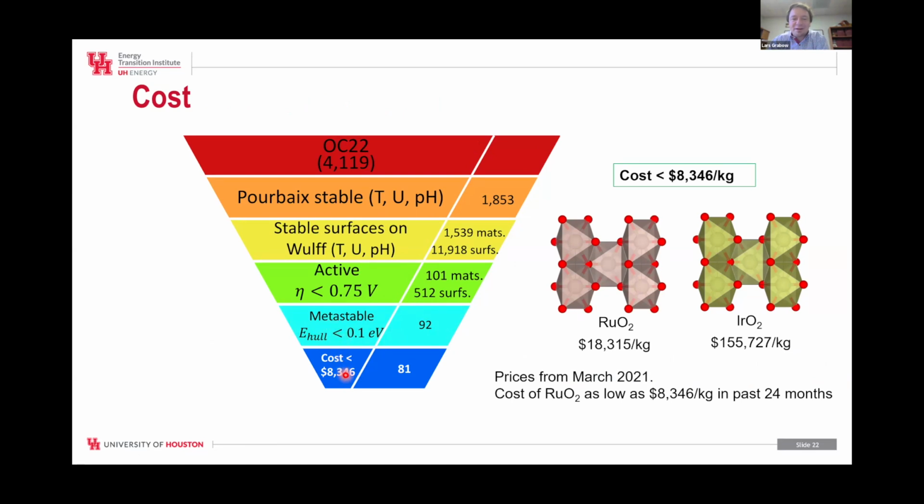And then we eliminated some of the materials that are extremely expensive, mostly the iridium-based materials. So ruthenium dioxide is a known good catalyst for the oxygen evolution reaction. Not quite as good as iridium oxide, but the prices are pretty shocking. You can buy a nice car for the price of just 1 kilogram of iridium dioxide. We looked at the prices. They evolve over time, obviously. There was a low point for ruthenium dioxide of just $8,000 per kilogram, and so we used that as a